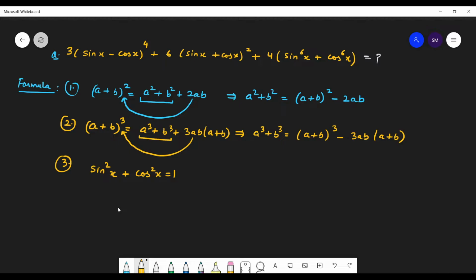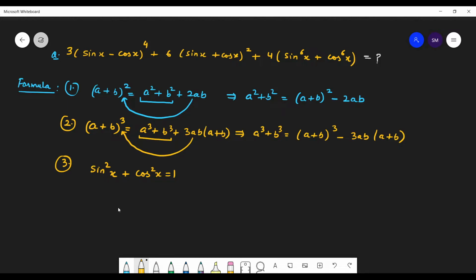Now here I was using power 2. Now what about the power 3 now? Okay, so sine square x raised to the power 3 means this is your a cube now, plus cos square x raised to the power 3. So now a cube plus b cube, okay? Right, so what is this equals to? This is your sine x raised to the power 6 plus cos x raised to the power 6, and this will be equals to a plus b whole cube.